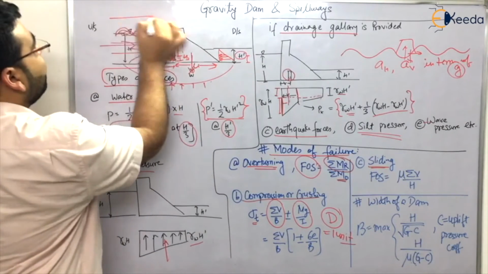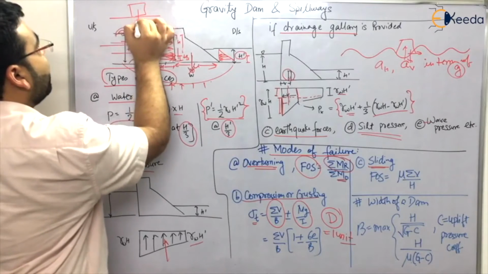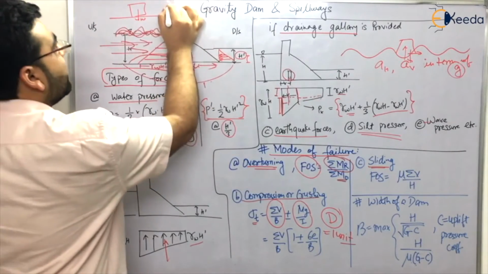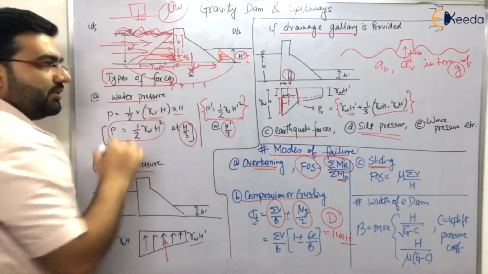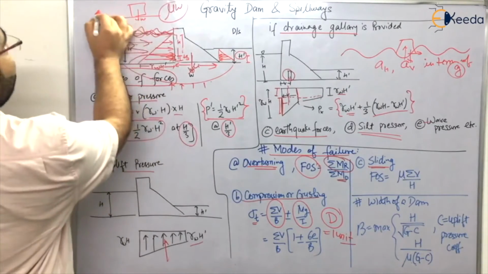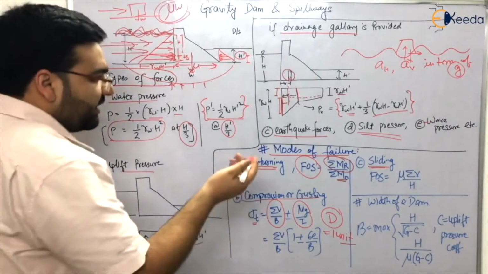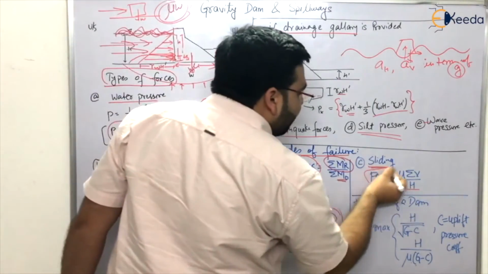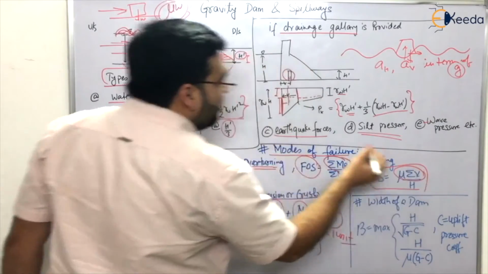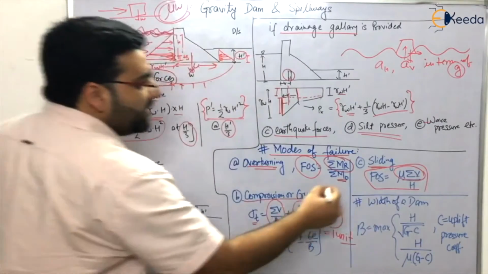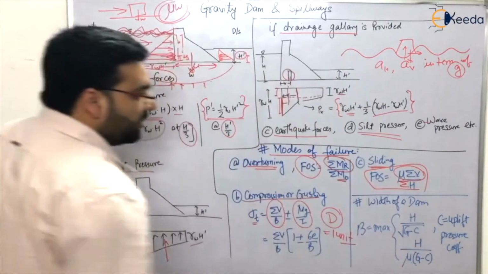And you know that this is a body, and this is the weight of the body. So to overcome the frictional stresses, mu into W has to be crossed, right? If the horizontal force has crossed mu into W, it will move, otherwise it will not move, right? So similarly, the factor of safety will be given by mu into summation of V, the summation of the vertical forces, divided by the summation of horizontal forces, right?